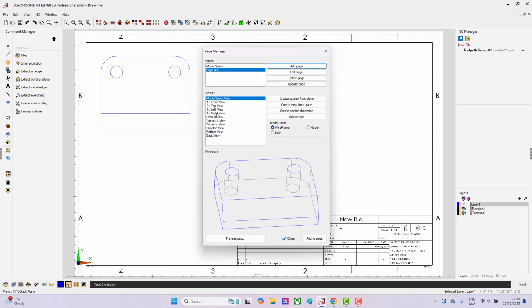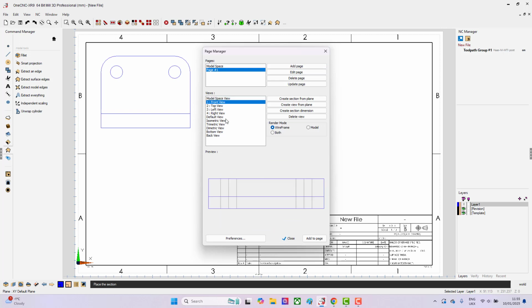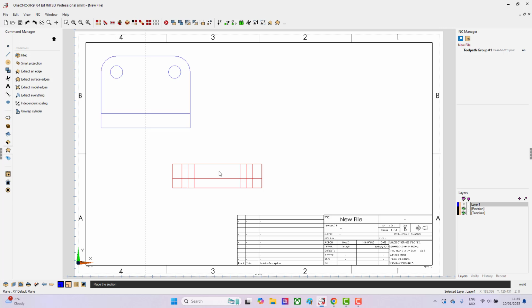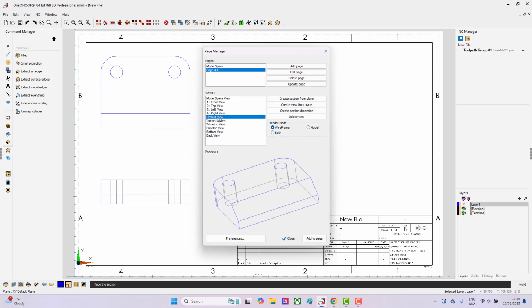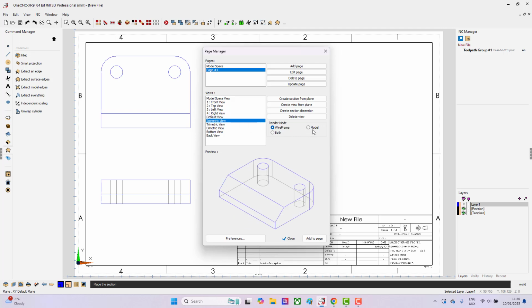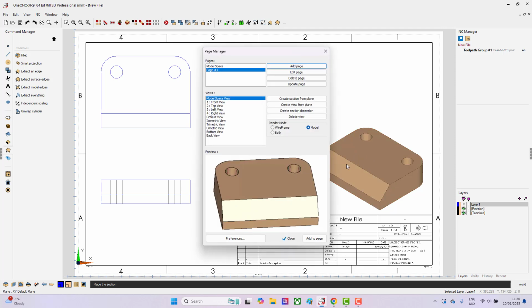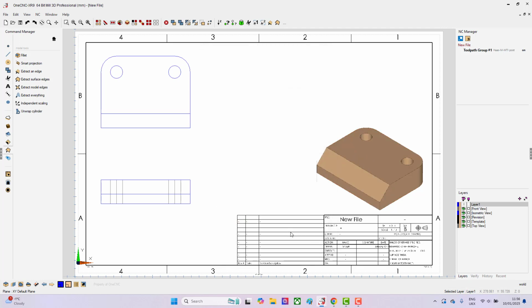We'll go with the front view next. Again, we'll get a preview. We're going to add this to page, and you'll see how easy it is to line all these drawings up together. We can snap to that, and we'll do a default view, and this time we'll do this one as a model. We'll do an isometric view and a model, and simply add that to page and close. Now you can move from drawing space to model space very easily just by using these two arrows. So I'm now going to go back into my model space,